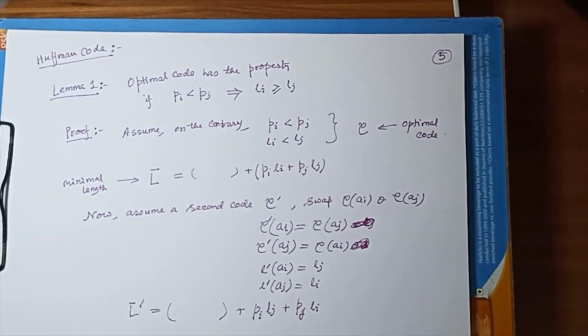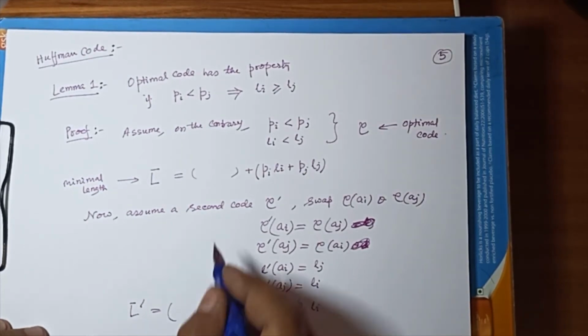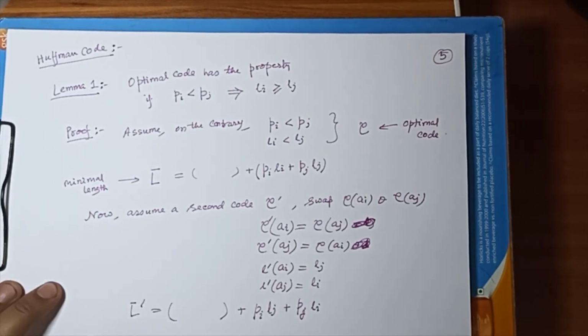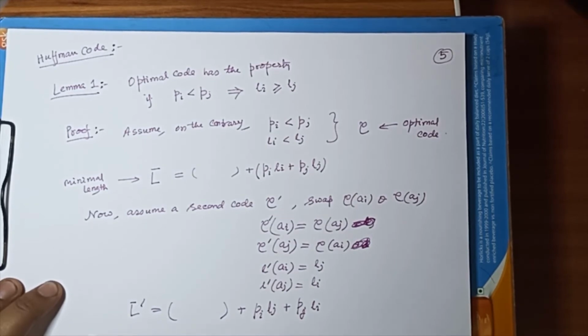So L hat dash minus L hat, I will show that this is less than 0. This cancels out, the rest cancels out. So it will be equal to pi lj plus pj li minus pi li minus pj lj,